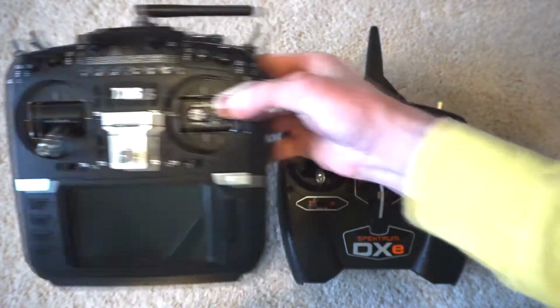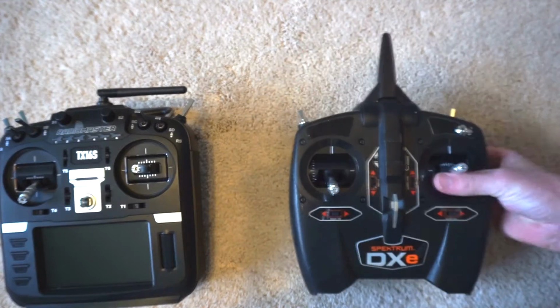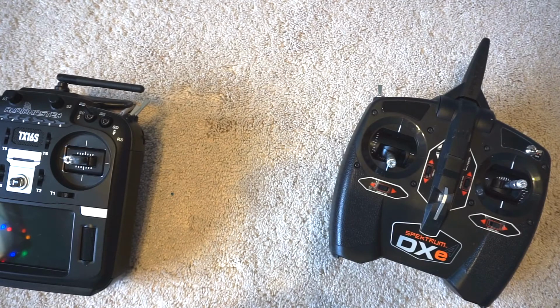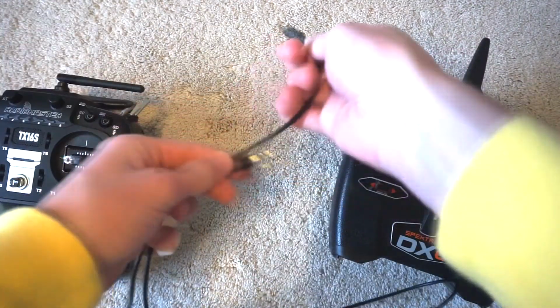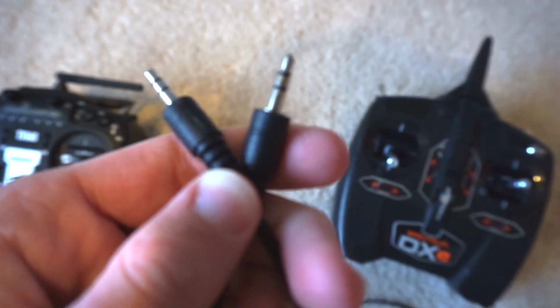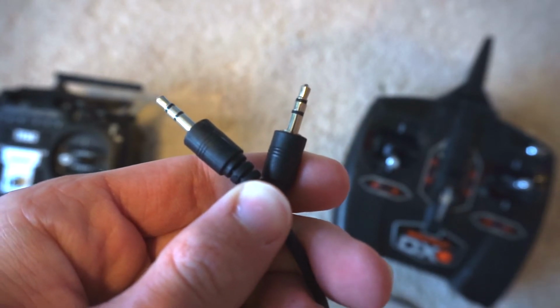Today we are going to be looking at how to use the Spektrum DXe as a trainer with the RadioMaster TX16S as a secondary. All you're going to need are the two transmitters and this regular 3.5mm aux cable. I seriously just pulled this off of the back of a speaker, and it works great as a trainer